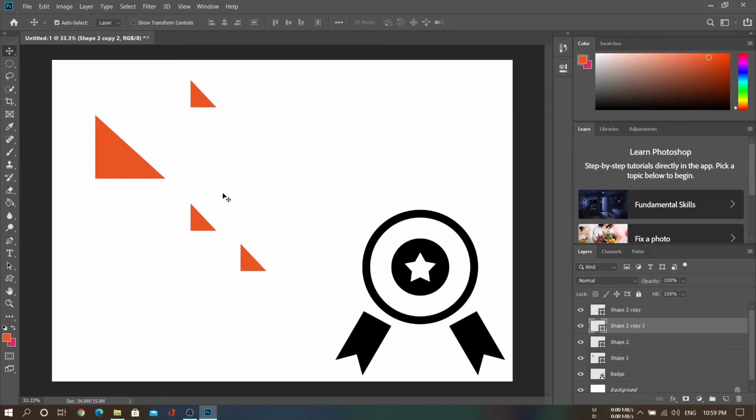Now I'm going to make another triangle using the pen tool. Hold on Shift. We make this triangle.